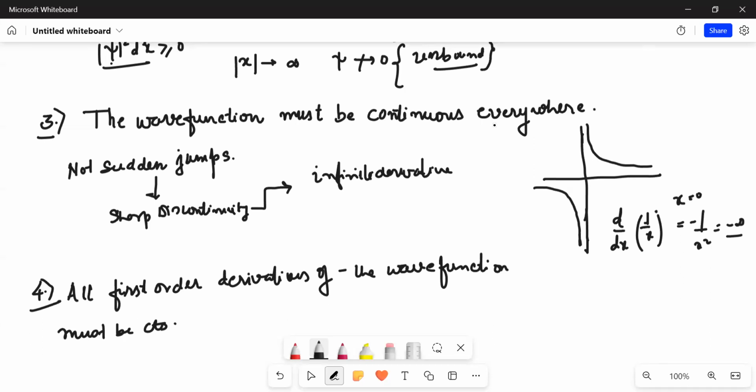Okay. So one thing is clear, that the wave function must be continuous everywhere. Why? Because it implies that there is no sudden jump in the probability density while moving in the space. Because if a function has a discontinuity, let us say like a sharp step upwards or downwards, it can be